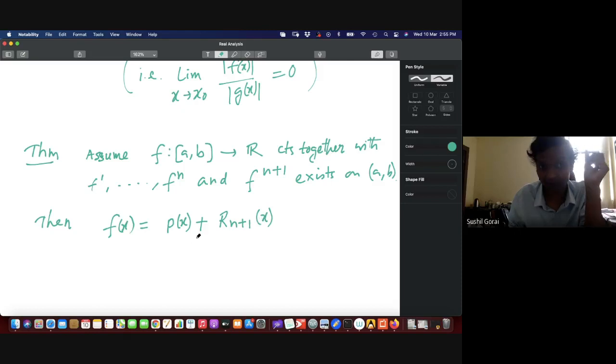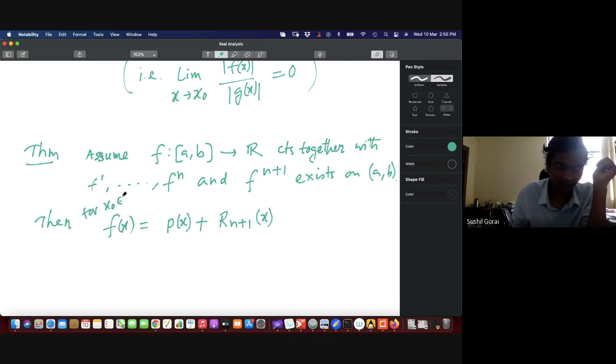So the approximation holds near the point x naught. So for x naught in (a,b), the approximation holds near x naught, but this one actually is true. The zeroth term will not be small outside a small neighborhood. So this is true where